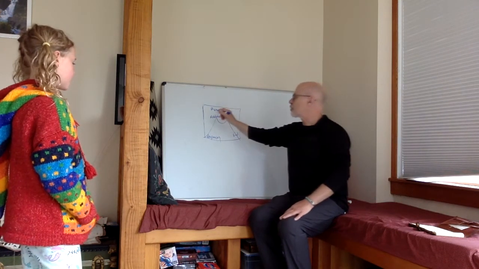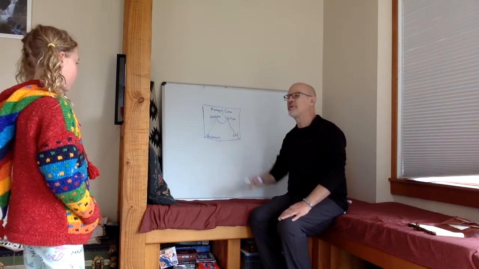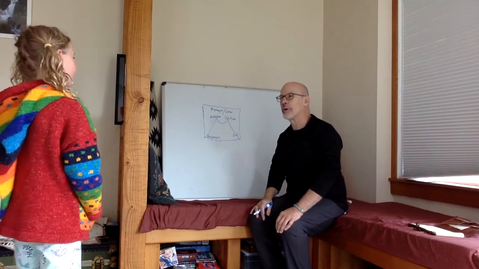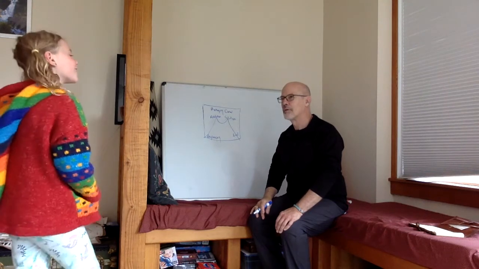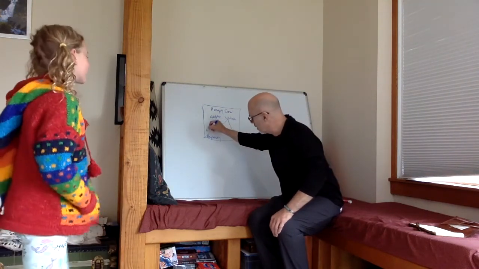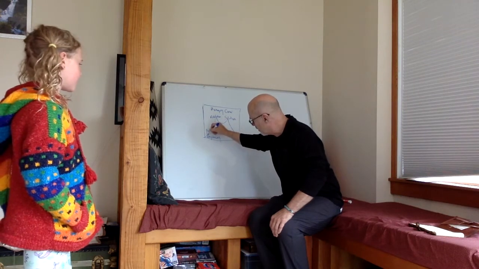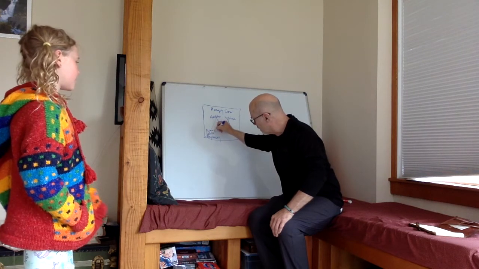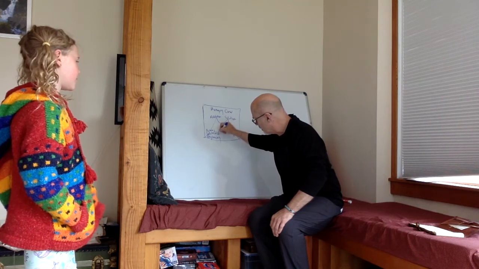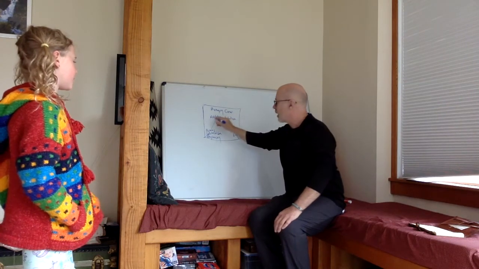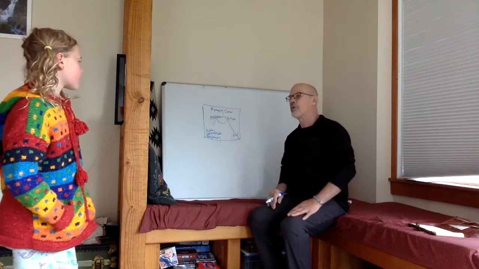Now, if we look at the story of The Hungry Crow, what happened at the beginning of that story? What do you remember? He was hungry and looking for food. Okay. Hungry, looking for food. And what do you think the problem was in the story?